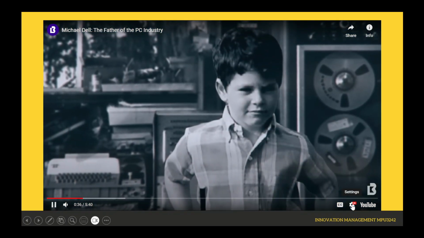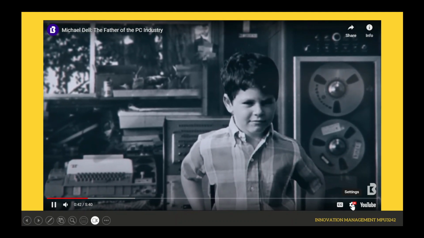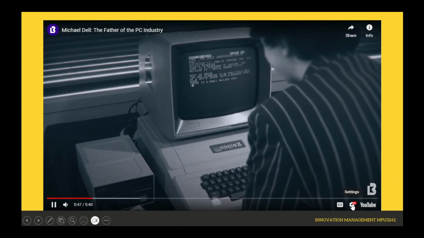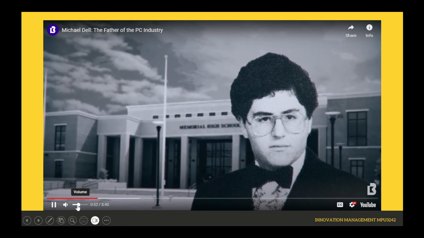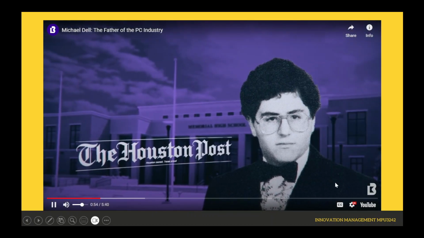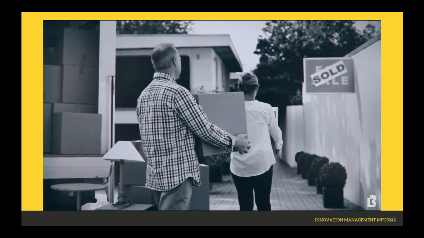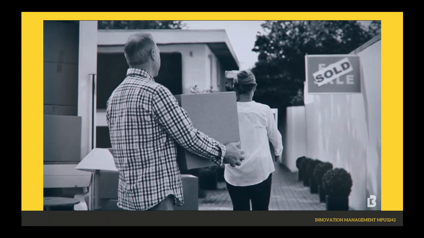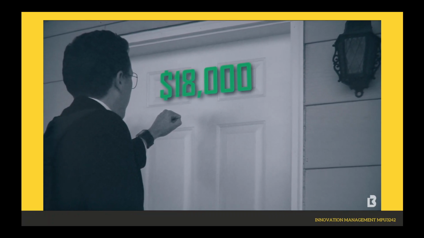As befitting the man who would revolutionize the computer business, Michael Dell spent his childhood experimenting with early computers. He would tinker around with his Apple II, but more importantly, he also got a sense for business very early on. As the story goes, Michael had a summer job in high school selling subscriptions to the Houston Post. Instead of making random cold calls, he tracked down newlyweds and families that had just moved into the neighborhood, the people most likely to look for a newspaper subscription. He ended up making $18,000 that summer, all by targeting his buyers directly.